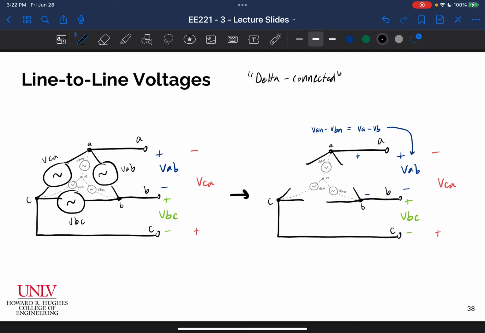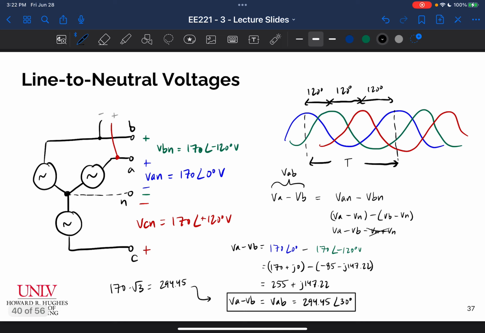That this is just another way of looking at the Y connected source and a different way of using it as a source. This is all going to make even more sense when we actually start connecting a load, which we haven't done yet, because ultimately the difference is when I connect a load,